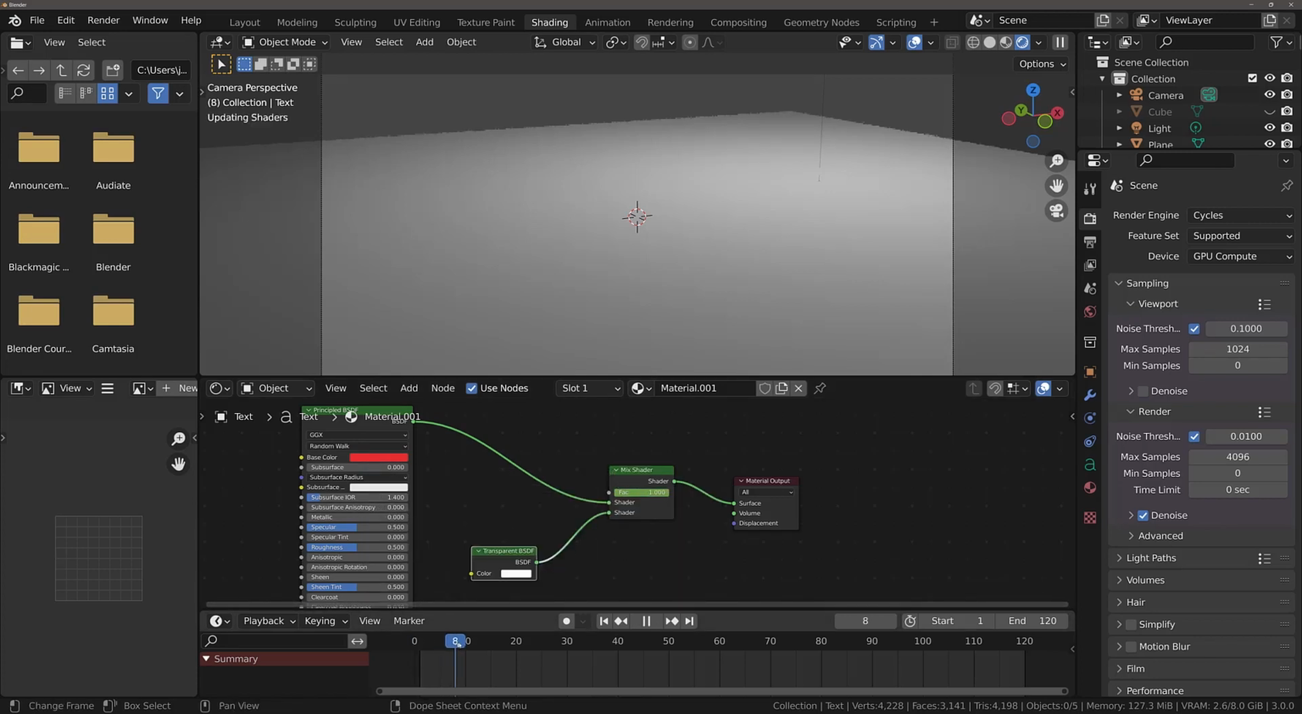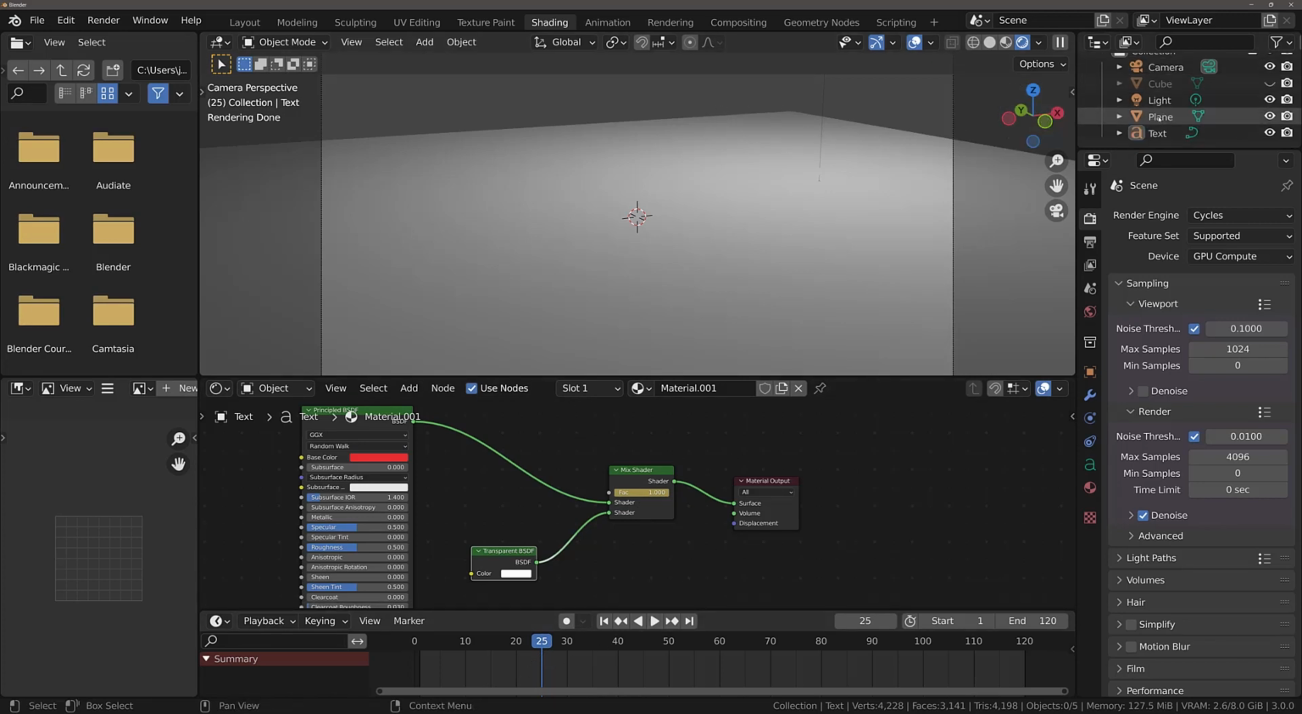I'm going to go to frame 20. Actually, let's go frame 25. And I'm going to hit the I key again without changing my factor value. So I'm starting off with it staying completely transparent for a couple of seconds. Press I, and you'll notice that we actually cannot see any keyframes, and the reason why is because I actually deselected my text in the viewport. So I'm just going to left click,